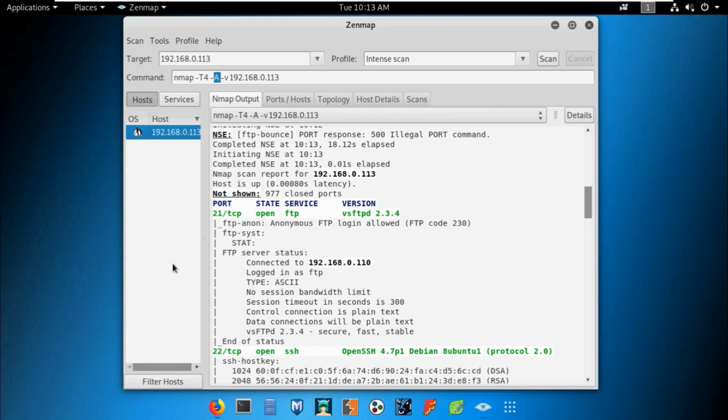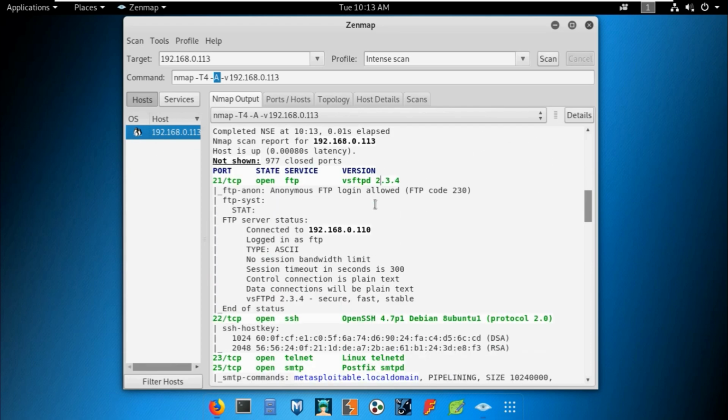So we do not need to perform any Windows attacks on this target system. This scan gives us an idea that we are going to attack a Linux system. As you can see, let me move to port 21. We are going to attack this one, port 21, which is FTP. Most of you might be familiar with this one, and the purpose of scanning the target is to gather information. The service is FTP, running on port 21, and the version is vsftpd.